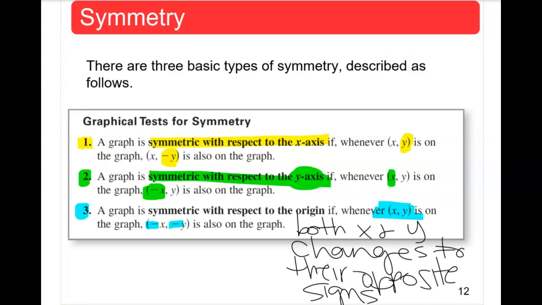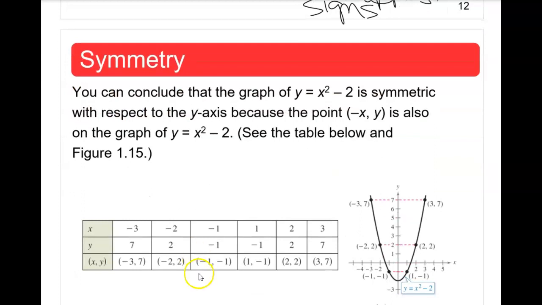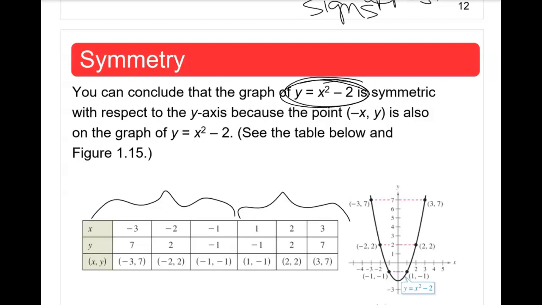Okay, so let's practice the problem on how to check for symmetry. We can see here a table of values. This is actually a good example because we have numbers that are literally on the left and right side of the y-axis. We have positive numbers, 1, 2, and 3, and we have negative numbers for the values assigned to x. So if we substitute those x values into this equation,